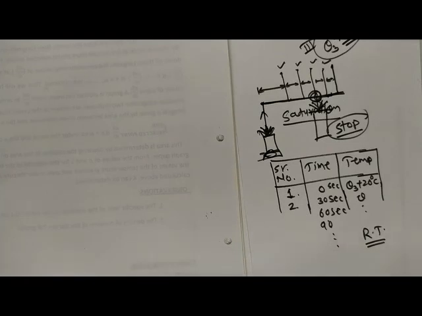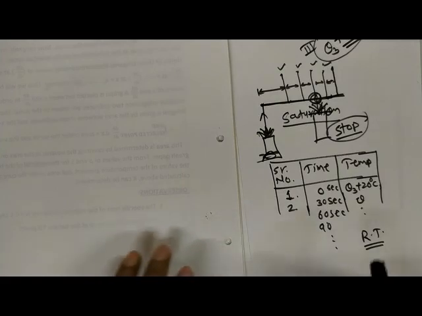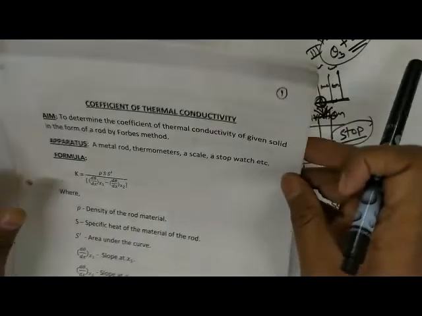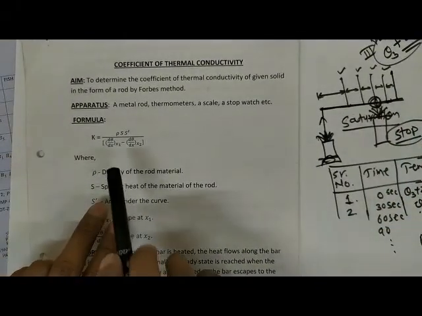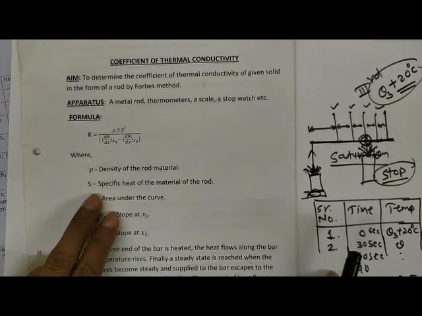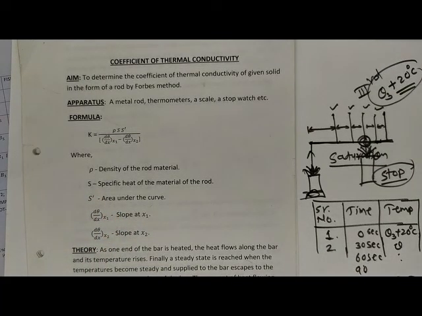Let us consider 30 degrees Celsius. If you are performing this experiment in summer days, then it may be 35 or 40, depending upon the conditions. Okay, so this is the second observation table, right? And finally, that is what we have to do here. To get the final value, we have to use this particular formula. Okay, now friends, let us move towards the experimental part, and then we will understand how to perform the experiment,